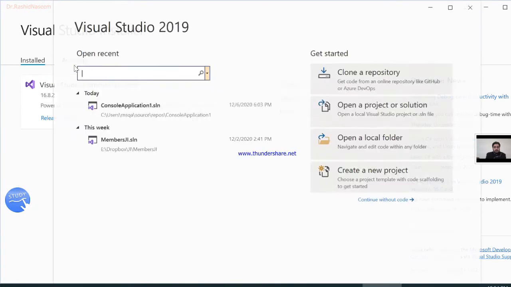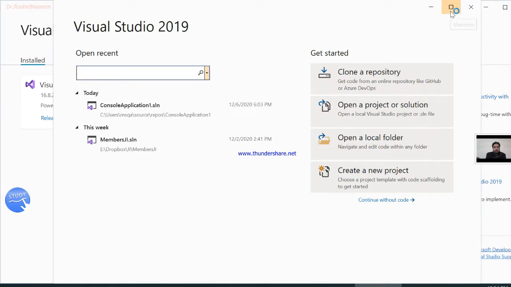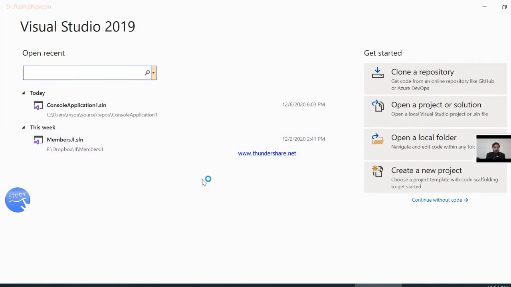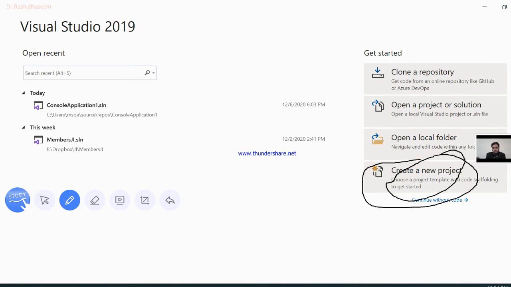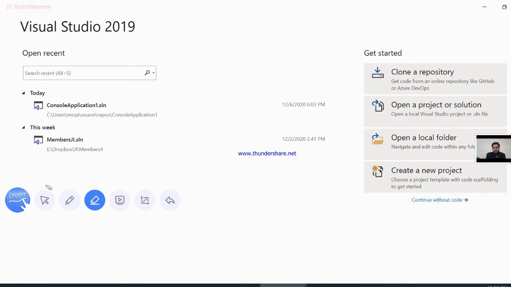So click on this. Now you can see another window here, and from here we will create a new project from the right side listed options. So click on create new project. Here you can see, I'm sure you will be able to see, this is the create new project. Okay, so you can click on this option.